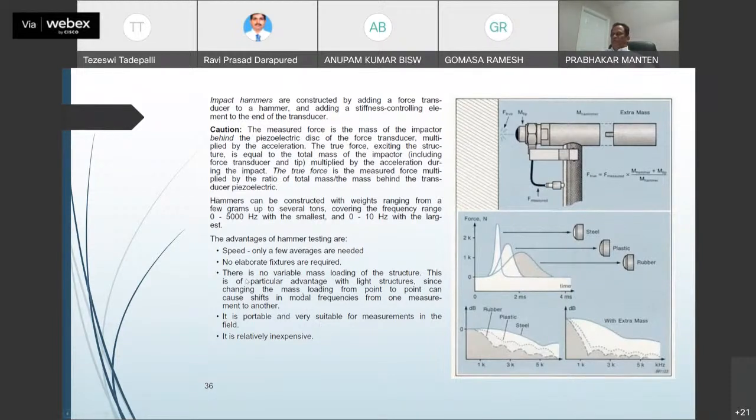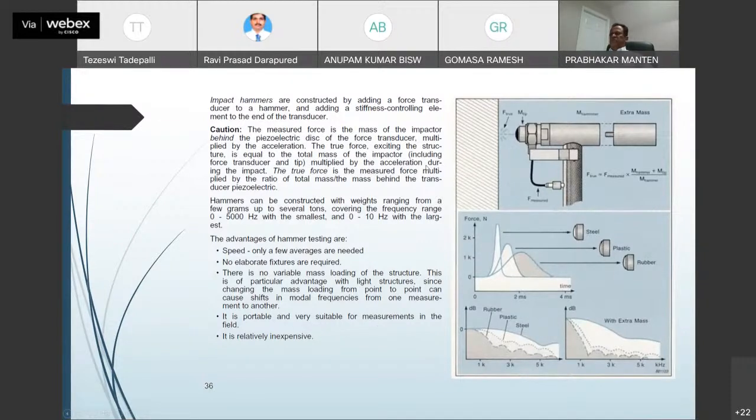So no elaborate fixtures are required. There's no variable mass loading of the structure. This is a particular advantage with light structures, because changing the mass loading from point to point can cause shifts in modal frequencies from one measurement to another. So it's the same mass you're impacting. The variability of the impact, the tendency to hit faster or slower, is taken into account in the averaging process, right? It is also portable, very suitable for measurements in the field, relatively inexpensive